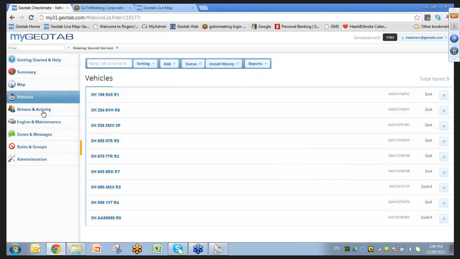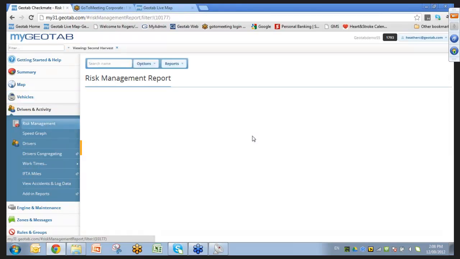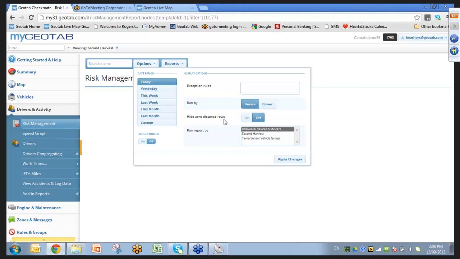Excellent. Okay, moving down to drivers and activities. Drivers and activities, guys, the risk management report. Actually, this is a report that does have quite a few cool changes to it. So let me open this one up. There we go. So, again, this options button, guys, starting to see a trend here, I'm